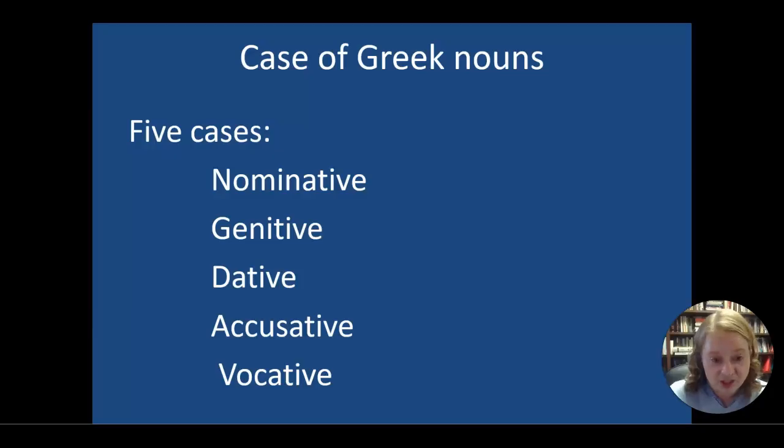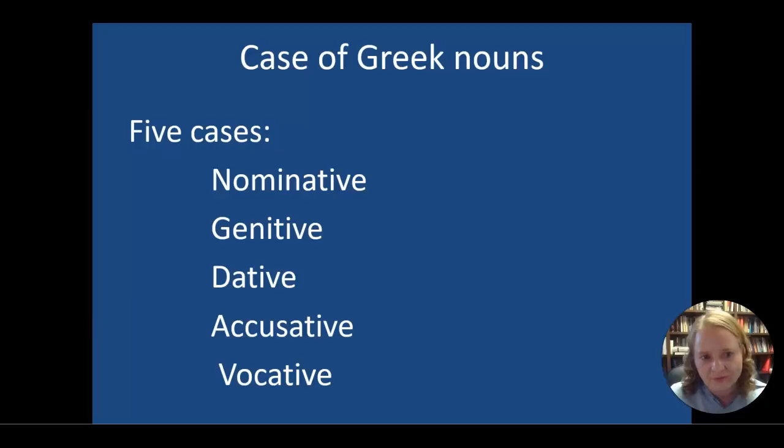Genitives show possession. Datives are indirect. Accusatives are the direct objects, so like I kick Paul. And vocatives are the directed to us, calling him out. Paul, kick the ball. I'll always put them in this order. They're always in this order in your textbook. This is how we do it in Greek every single time to make it easy and to simplify, keeping them